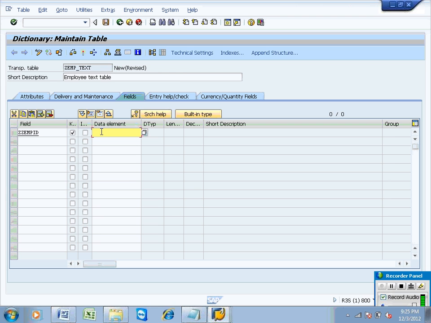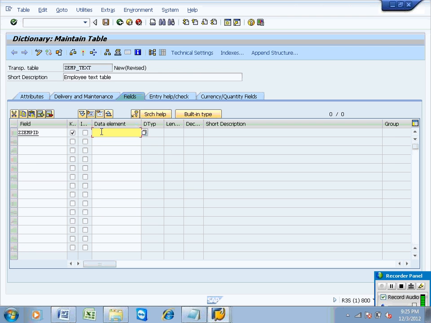So domain will provide data type and length for the field, and data element will provide short description and label information. Whatever description is provided for the data element belongs to this field. Whatever length and data type is provided in the domain belongs to the field.